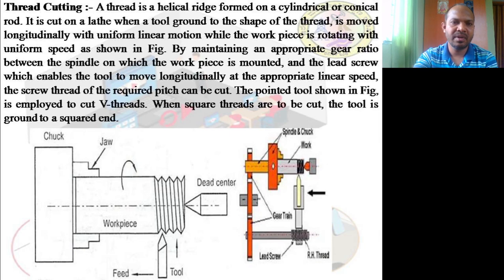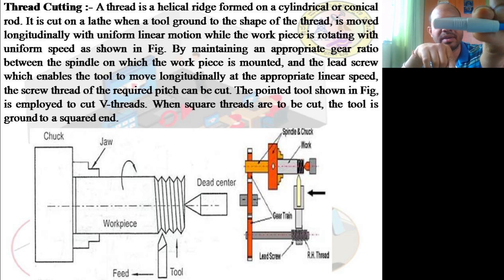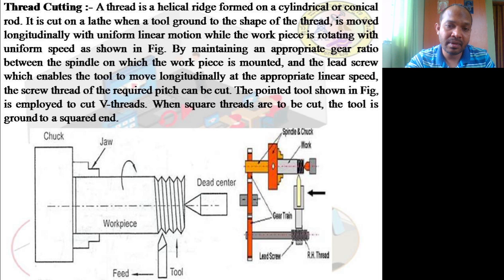Now, an important one is thread cutting. As the name itself indicates, thread cutting is used extensively in order to make threadings onto the workpiece. As you can see here, there are threads, where this threading in plastic has been molded. The same sort of threadings has to be made onto hard and tough steels. It is very difficult. So that can be done very easily using a lathe machine with a threading operation.